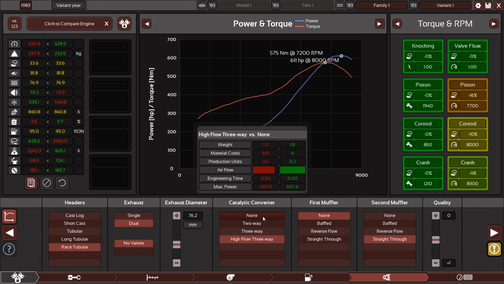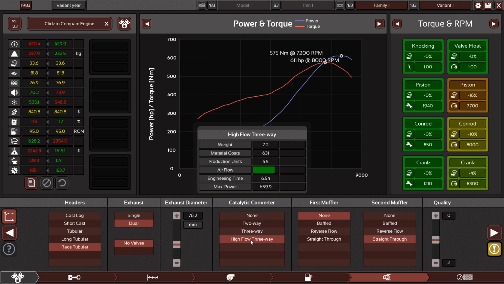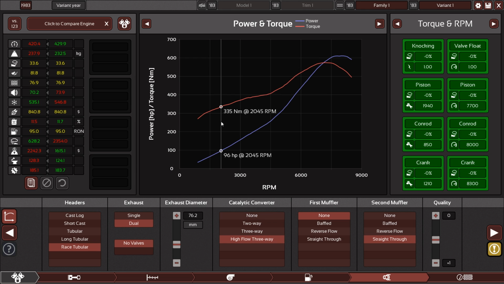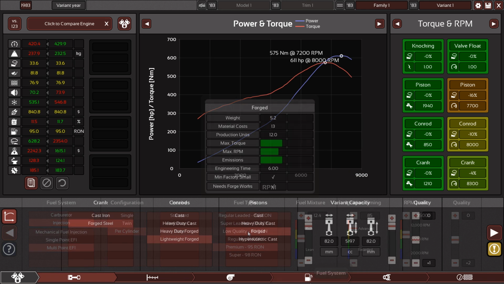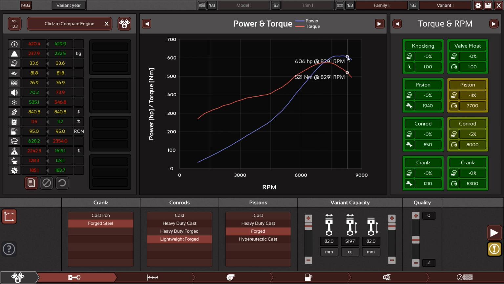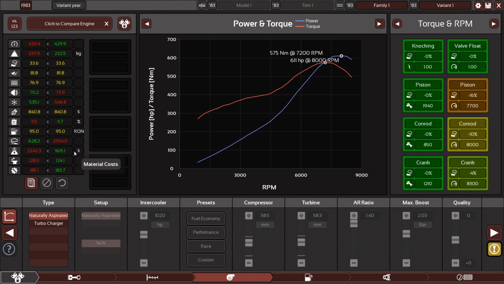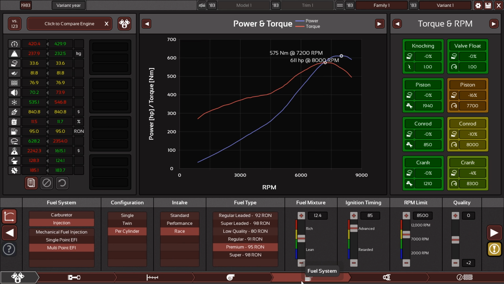We could get even more power out of this. Another 13 horsepower if we have no catalytic converter. But I do think we should put one in there, just to make it future-proof as well. As soon as we get lightweight forged pistons, that is where this engine really kicks into high gear. And maybe we can push it a little harder even later on, because this is all at basically no quality. But our familiarity rating should be reasonably high for all these settings, because we are not building anything that we haven't done before, apart from